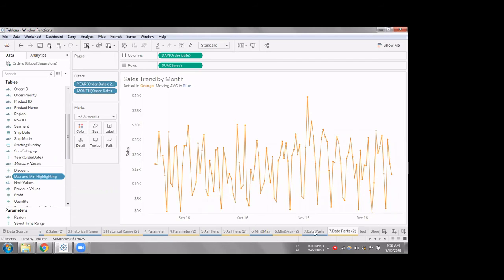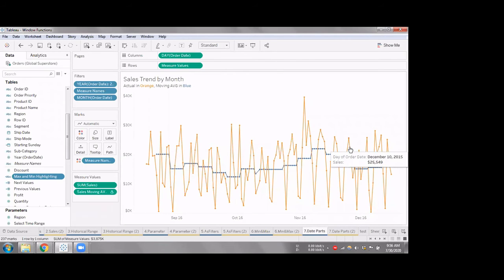Let me show you how the graph looks like. This is how the graph looks like. So the actual sales are in orange, and the blue sales are the average values that we want. In this particular week, it is basically going to the previous week, taking all the values, getting the average for those values and putting it in this particular week. So that's why you can see a constant line for each week, the average value, and we want to achieve this sort of thing. Now I'll just show you how to do that, since we're running out of time.